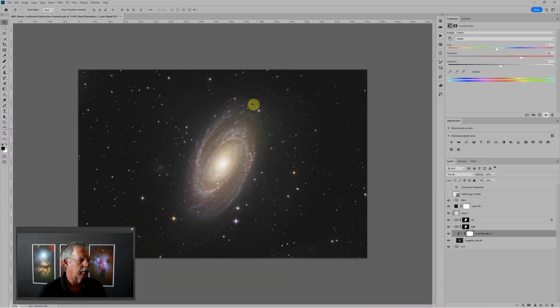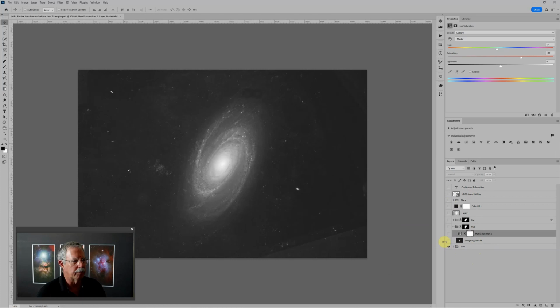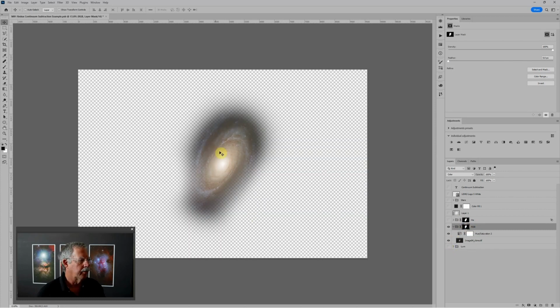Just to give you a quick rundown of what we're headed towards, if you look at the layers palette over here on the right, let's just turn everything off to start with. At the bottom of the layer stack, I have luminosity, and this is pretty much what we just looked at in PixInsight with all of its problems and warts and noise and dust motes and so forth. Next is the RGB data, and this RGB layer is just in color blending mode, so all it's adding is color. And I've got a mask on this layer group so that it's only letting the color data through